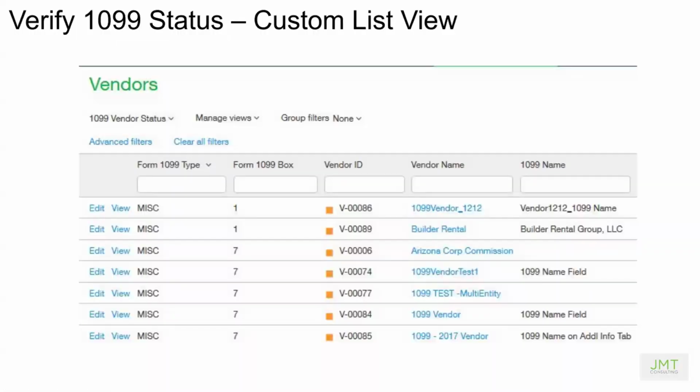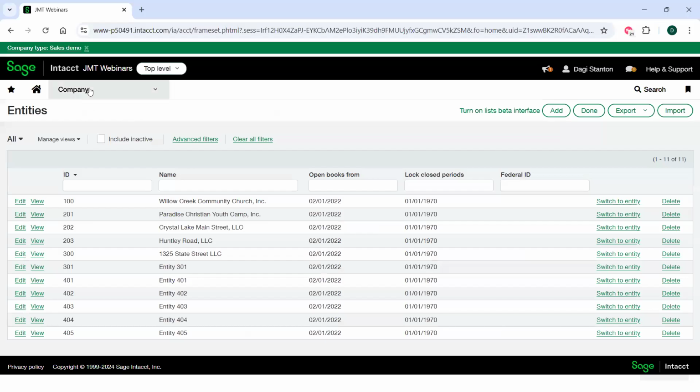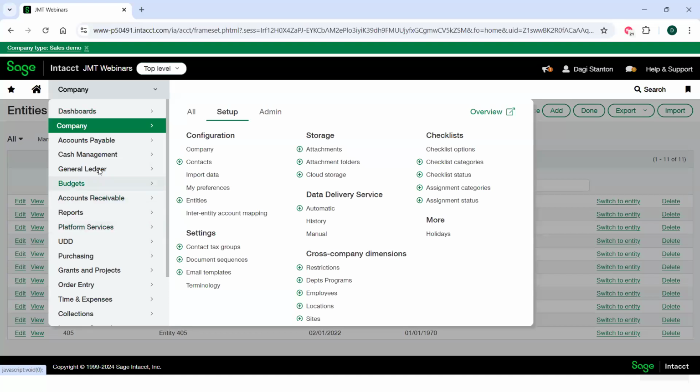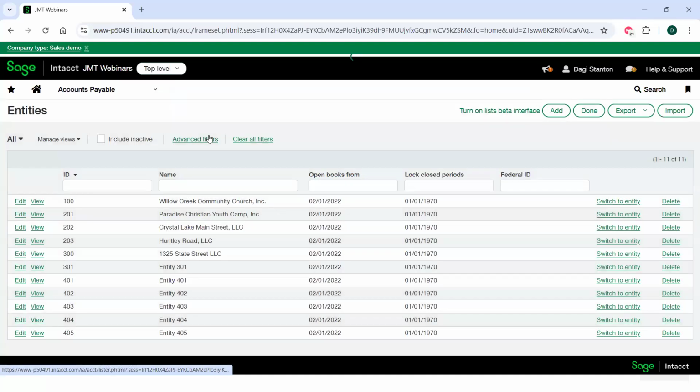So then once all the vendors are in the system, how can you verify that the information is in the system correctly? And there is a vendor view. So if you're on the vendor record, we actually created a vendor view. Let me show you that in Intacct. So if I'm in Intacct and I go to accounts payable and I go to vendors,